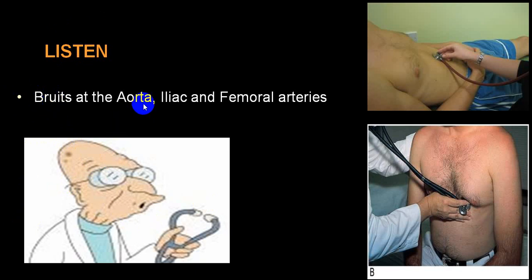Bruit can be audible on the aorta, particularly if it is close to the chest wall. You can even get it on common iliacs, femoral artery, carotid artery, etc. So a bigger artery will show you this sign much better than a smaller artery.